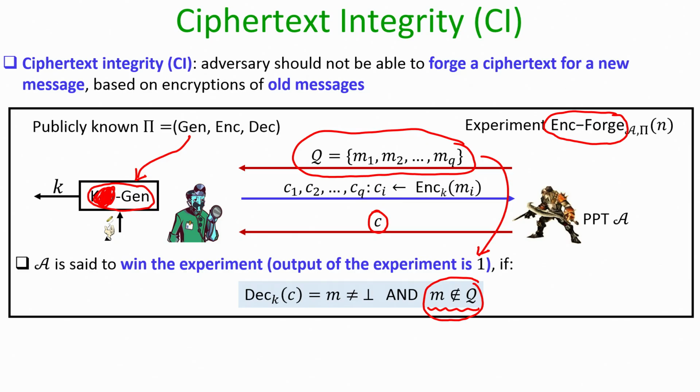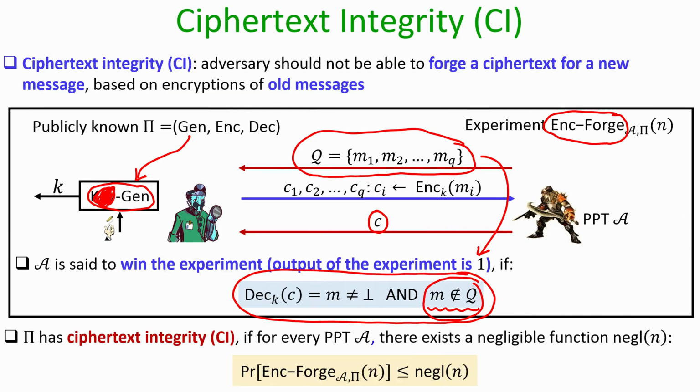These replay attacks are taken care of through different mechanisms which we are not going to discuss here. The goal of the ciphertext integrity is to prevent an adversary from forging a new ciphertext which was never communicated by the sender to the receiver. And that is why the way we are defining that the adversary has won the game is as follows. First of all, the forged ciphertext should give you back a legitimate output, and not only that, that legitimate output should be different from the set of queries for which the adversary has got the encryption oracle service.